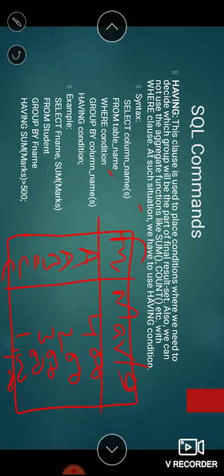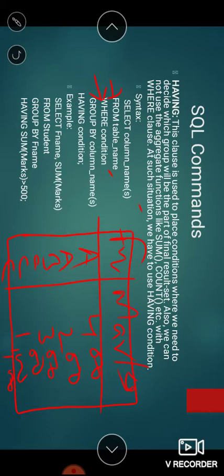First of all, you will go to the table, so you will start with the from. From is the table name, so this is the table we have given, and then we will see the where condition.